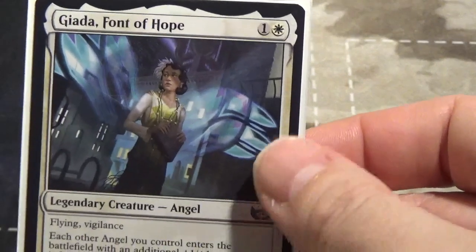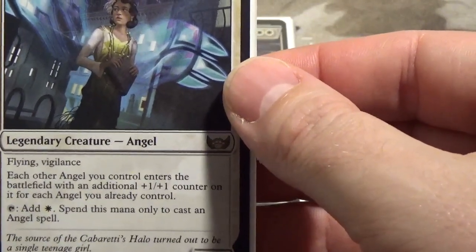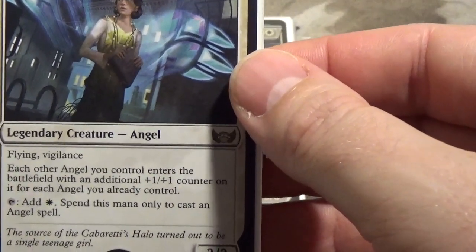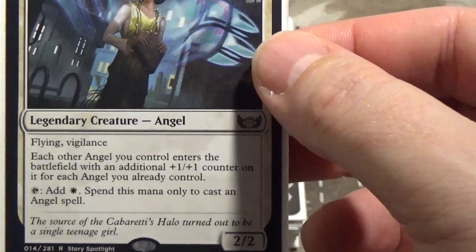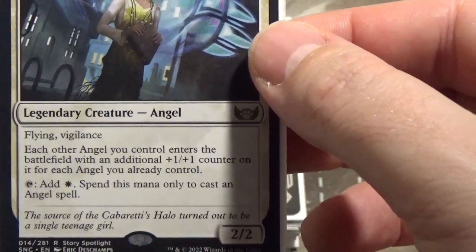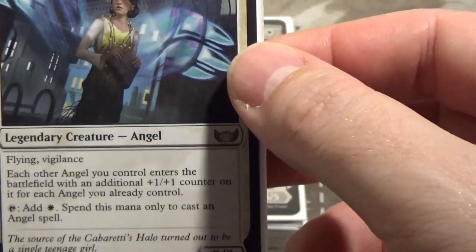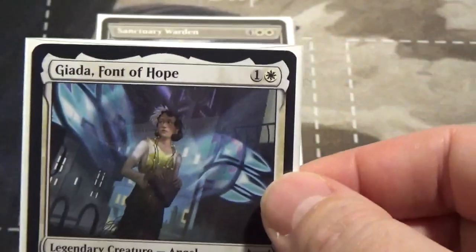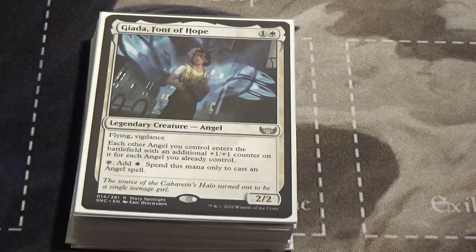Giada, Font of Hope. She has Vigilance. Each other angel you control enters the battlefield with an additional +1/+1 counter for each angel you already control, so this could ramp my angels really quickly. Tap: add one mana to cast angel spells. So again, if I need a little bit more mana, she's a pretty nice one-and-a-white, 2-drop. If I can get her out quick, I can get more power to my angels